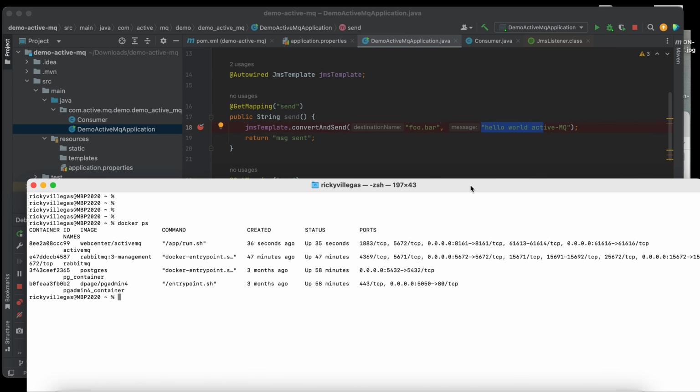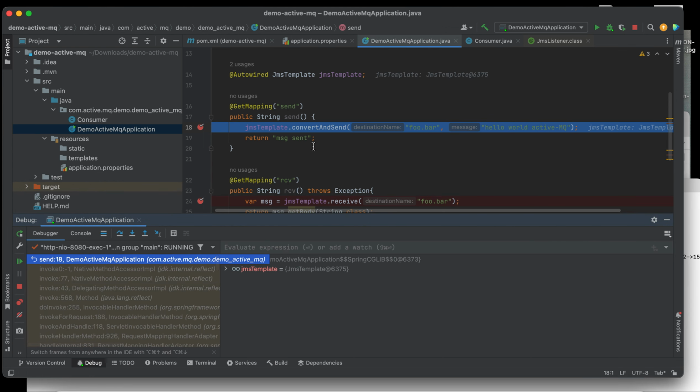So we trigger this endpoint: curl http localhost 8080, the default port for our Spring Boot application, then this endpoint, which is send. So we send this dummy message to this queue name.